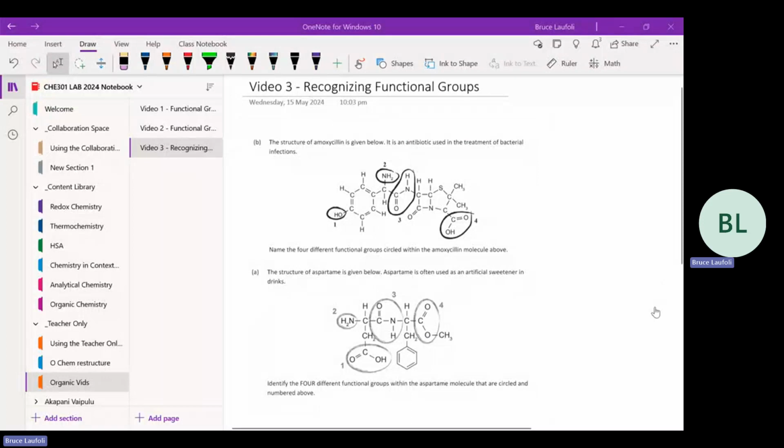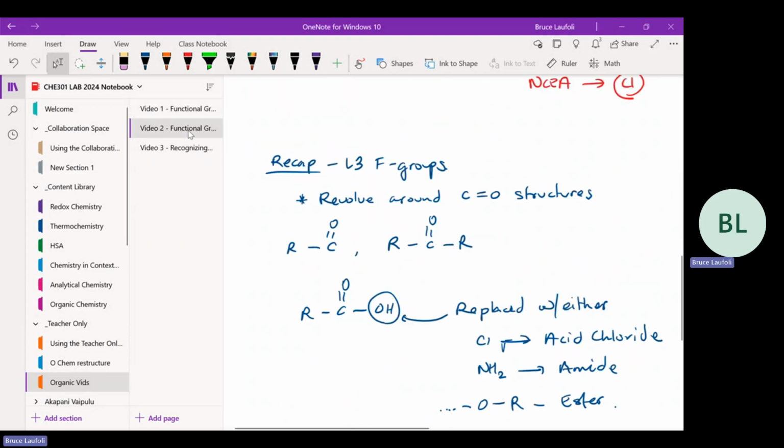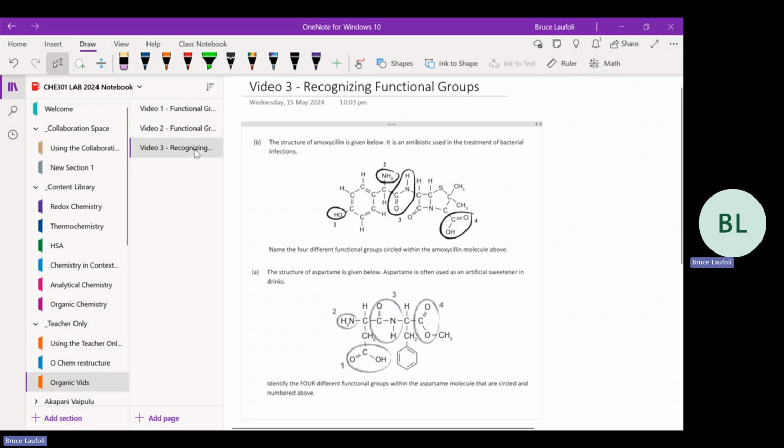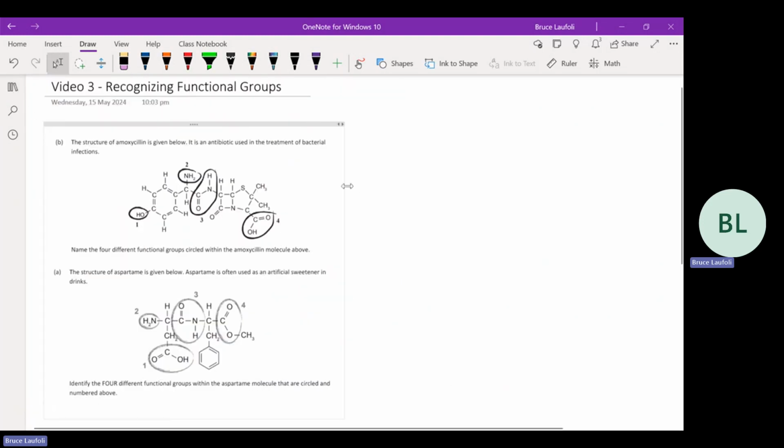Okay, so welcome back, guys. This is video 3, which will be on recognizing functional groups. Based on the last two videos, we talked about understanding functional groups, what they look like, and essentially what to look out for. So here are a few examples of how we can apply some of our understanding when it comes to recognizing